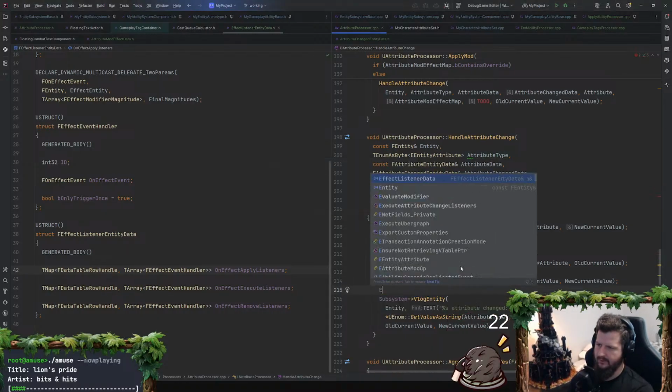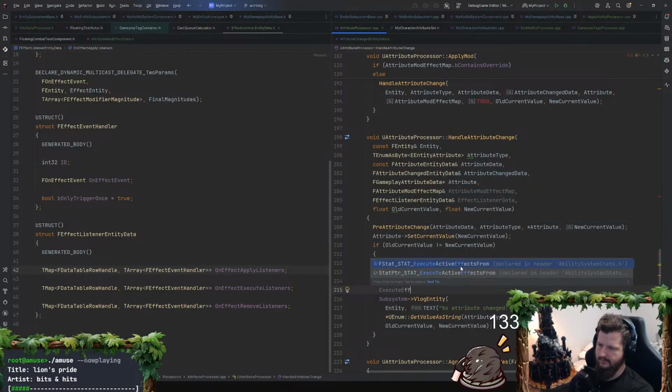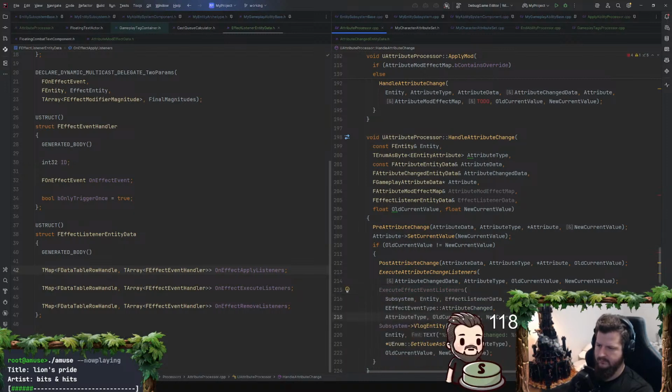And let's make one for execute effect event listeners. Well, this would specifically be execution.